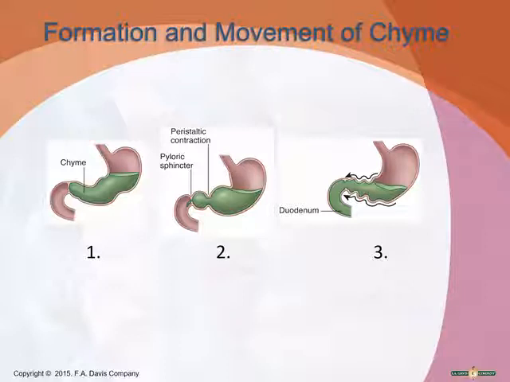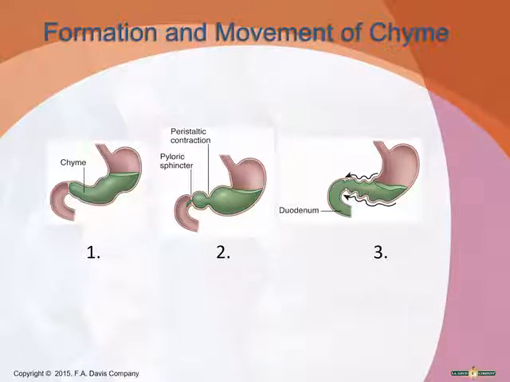Wave-like peristaltic contractions break down the food and mix it with the gastric juices to form the chyme. The chyme moves towards the pyloric sphincter. It's propelled by all those contractions of the stomach. Under pressure of a contraction, about 30 mL of chyme squirts into the duodenum, which is the beginning of the